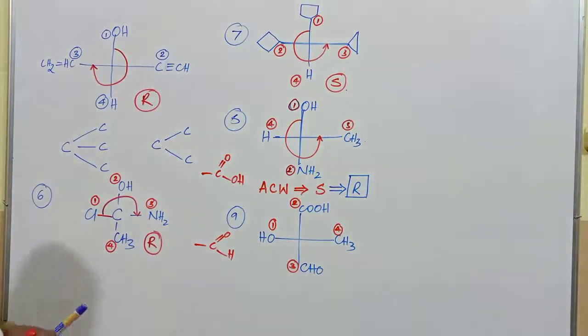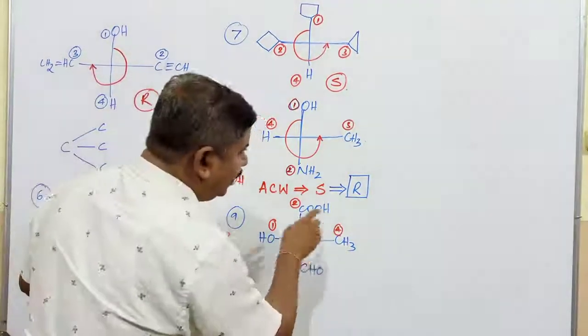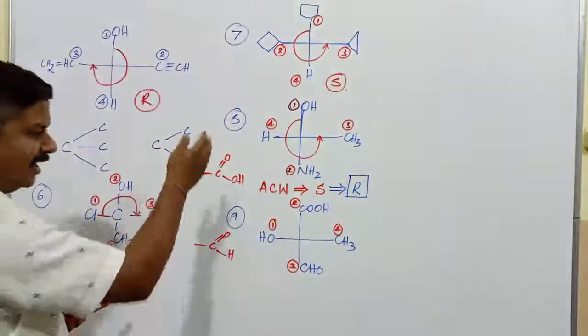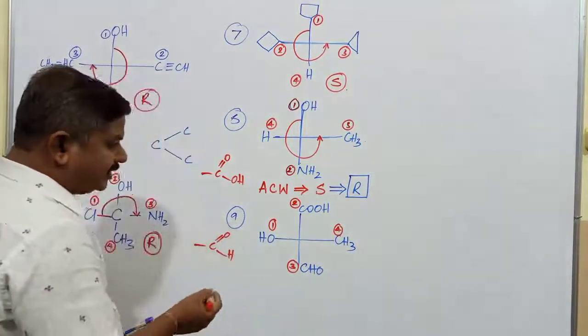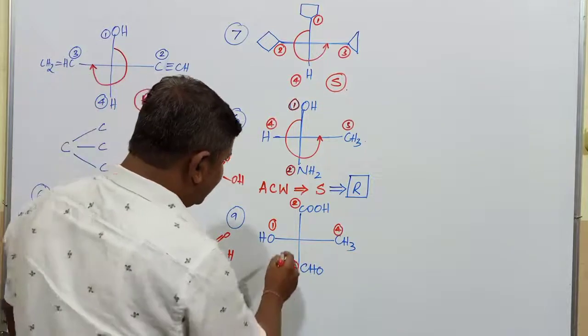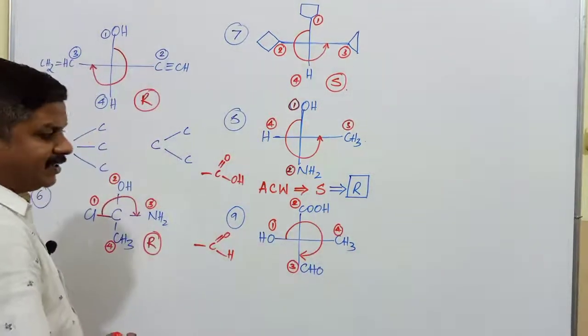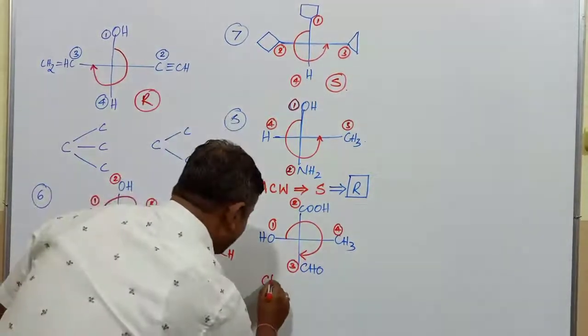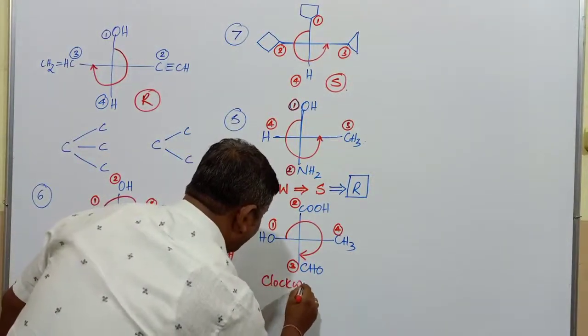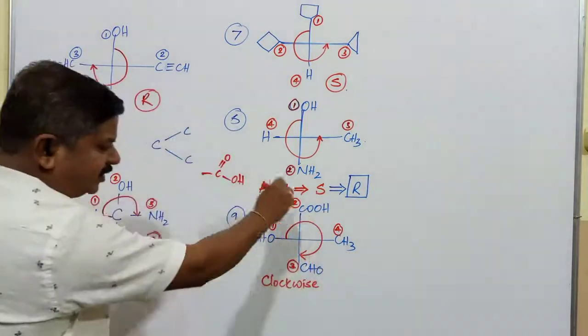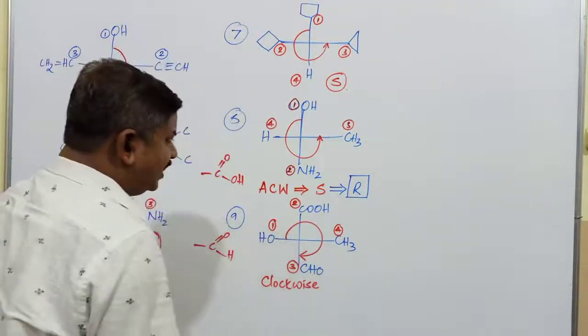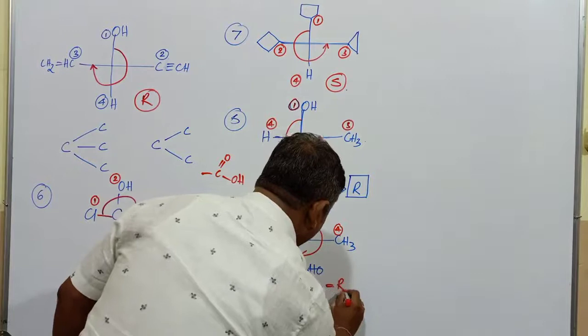Tell me the configuration, whether it is showing R configuration or S configuration very clearly. Now here the movement is going to be taking place in which direction? This is taking place in 1, 2, 3. Is it clockwise or anti-clockwise? It is in clockwise direction. When the molecule is rotating in clockwise direction, it is commonly called as R isomer.